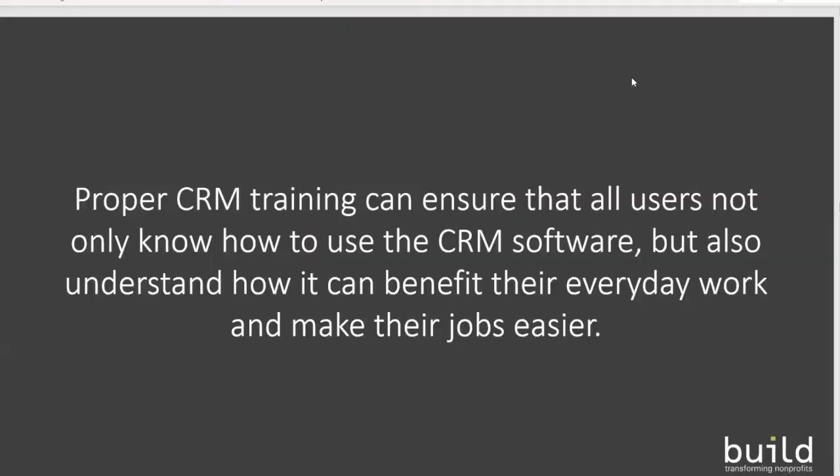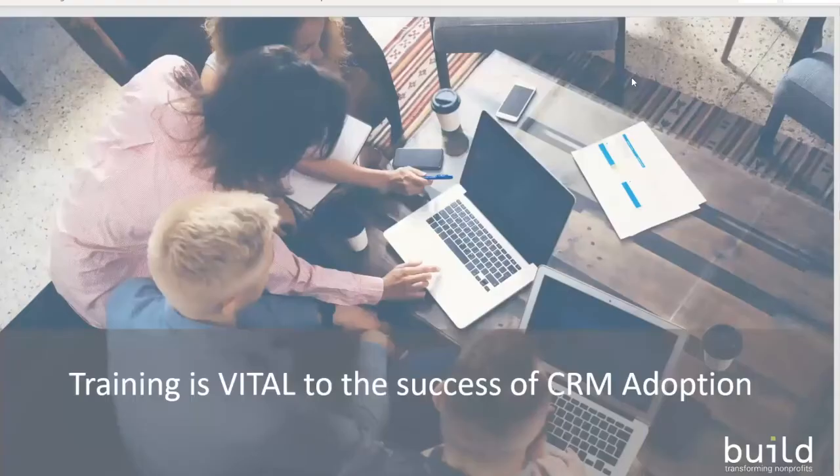So the next barrier to prepare for was insufficient training and resources. Seems like a no-brainer, but no matter how you decide to roll out your CRM, it's imperative that you fully train your team. A CRM can have a steep learning curve, presenting a challenge even for relatively tech-savvy people. Training is vital to the success of CRM adoption. It's really unrealistic to force a new process on your team and expect them to be productive right away without